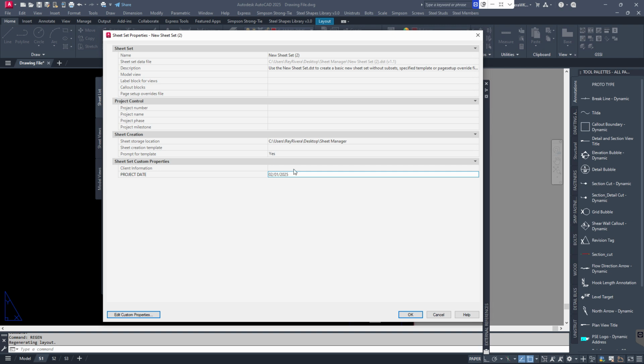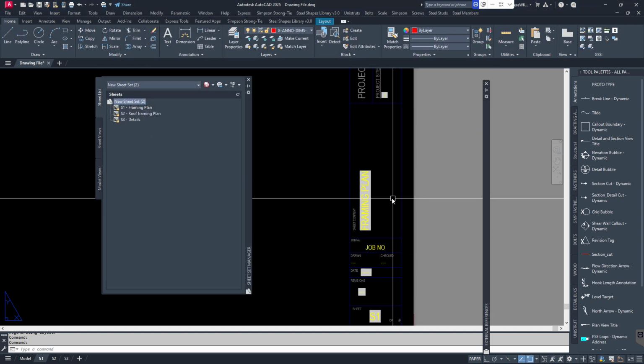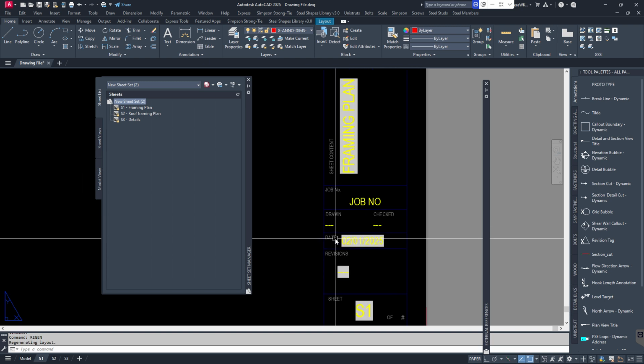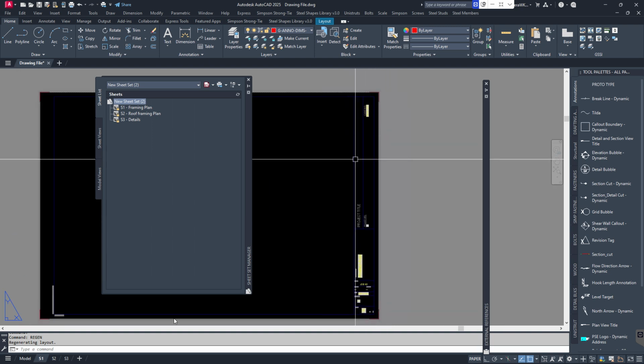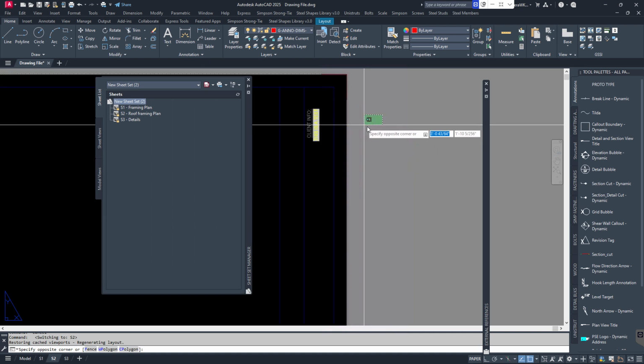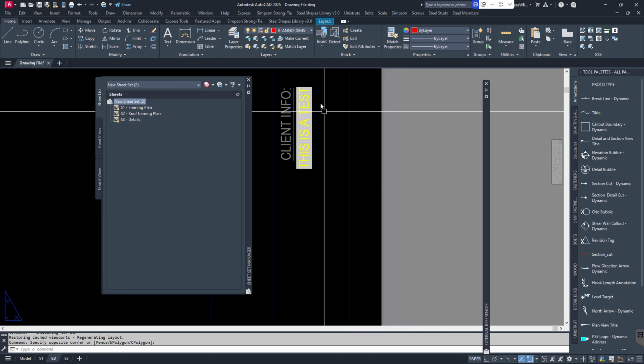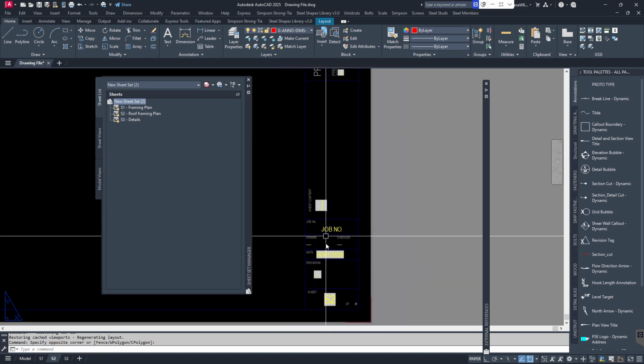we'll call it 02/01/2025. And then we'll add the client information too. We'll call this, this is a test. And I think these are the only two sheet set custom parameters that we added. Once I click OK and I click regen, it will populate the sheet date and the client information, not only on this sheet but on the rest of the sheets,